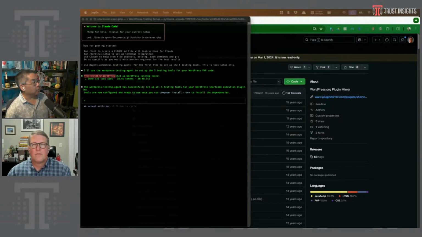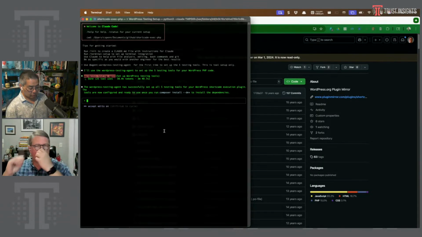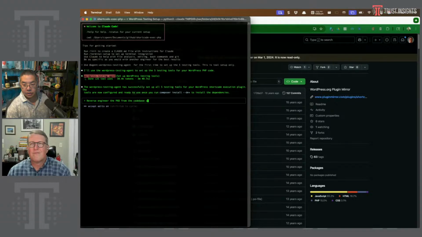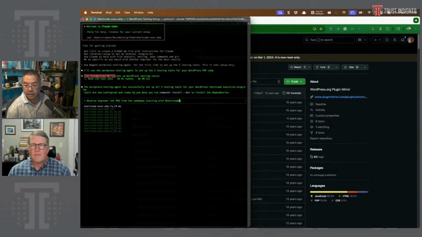So one of the things we might want to do is, instead of just starting from scratch, which would not be the best idea, what if we could reverse engineer a product requirements document from this? So I'm going to go to Claude. I'm going to say, reverse engineer the PRD from the code base, starting with @shortcode-exec.php